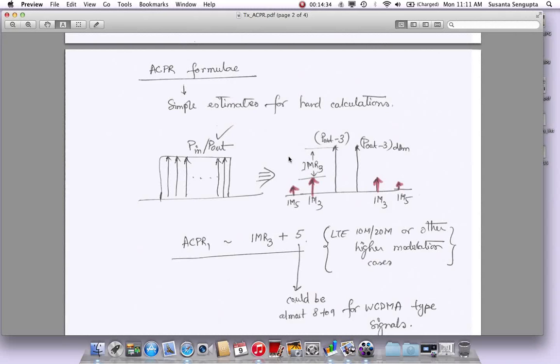As I mentioned, some of you might question the formulas that I'm going to talk about here and say, oh no, these are not accurate. And I would only say that I have used these formulas not to be accurate, but to do an initial hand calculation. These are only for